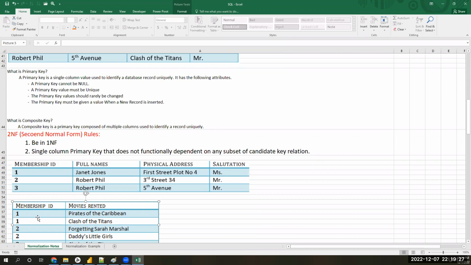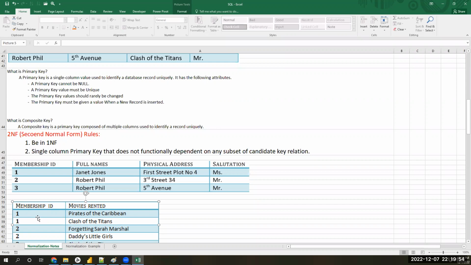But is there any effect if you change the movie names in table 2? For example, if you added one more movie, Titanic, along with Clash of Titans and Pirates of the Caribbean, is there any effect you can observe in table 1? You added 10 more movies for person 2.